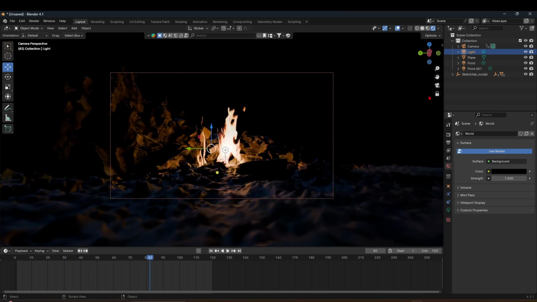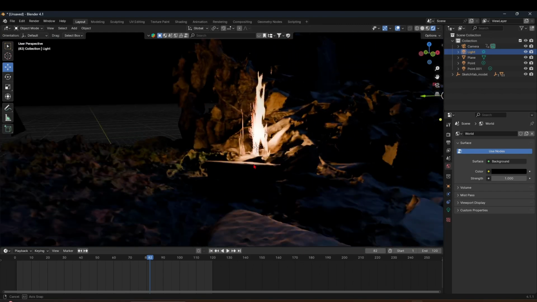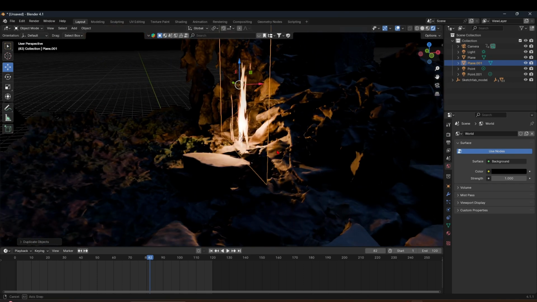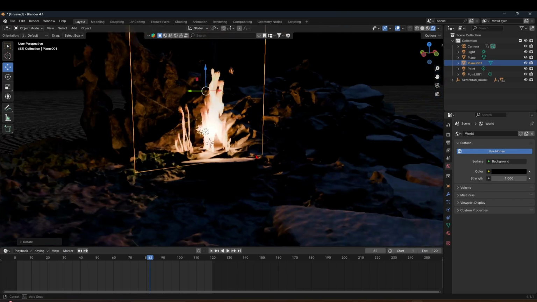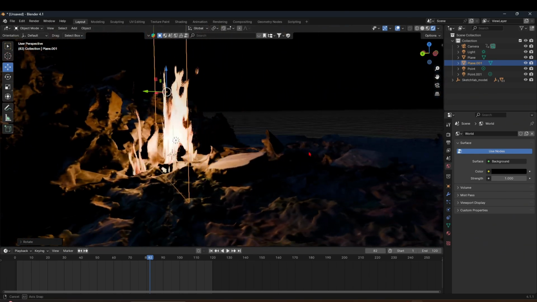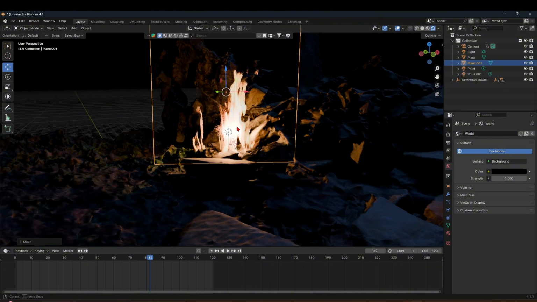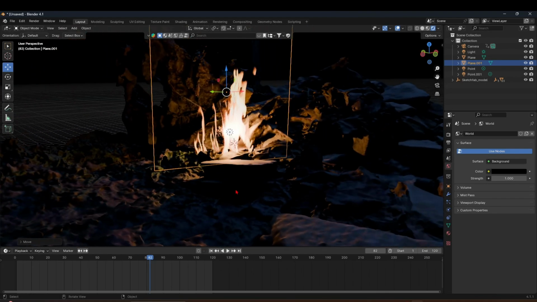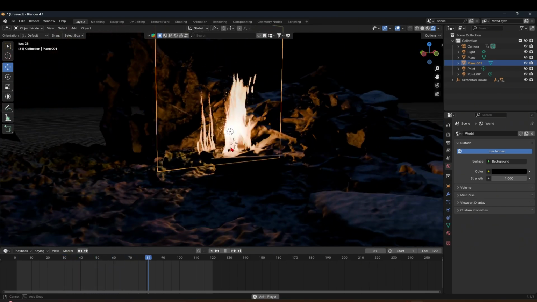Now the disadvantage to using a plane is that you can't have a 360 rotation. You're going to have a flat view, except you want to duplicate your plane, Shift D, and then rotate on the Z axis and have it like this. So when you rotate it, at least you're seeing some level of 3D dynamic fire to your scene. So it just depends on how you want to fix it. Yes, so this works. But just that you have two fires playing the same way,